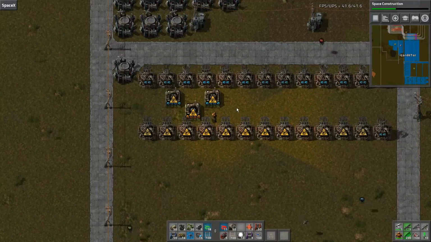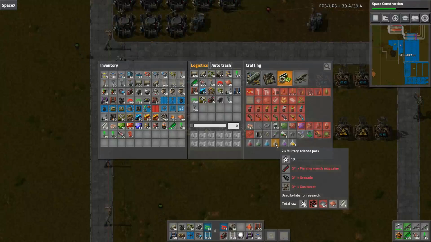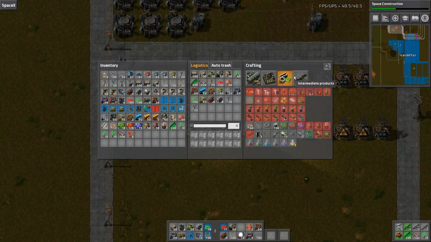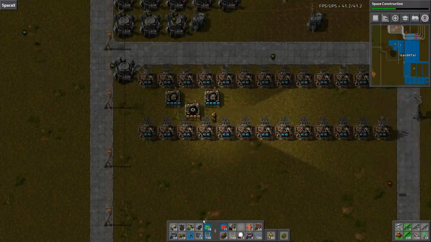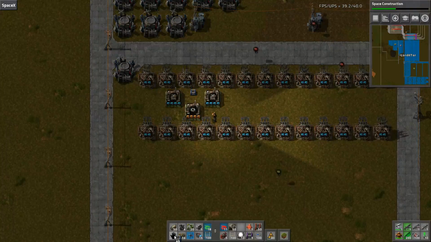Let's just have a look at that one more time. Mathing in your head while filming is probably not a great idea. So we need 1 gun turret every 10 seconds, but we're doing 10, so it's 1 a second, right? Gun turrets take 8 seconds, so to get 1 a second, we need 8 of them. Yeah, simple enough. Okay. The way we will do this is to put a requester there,